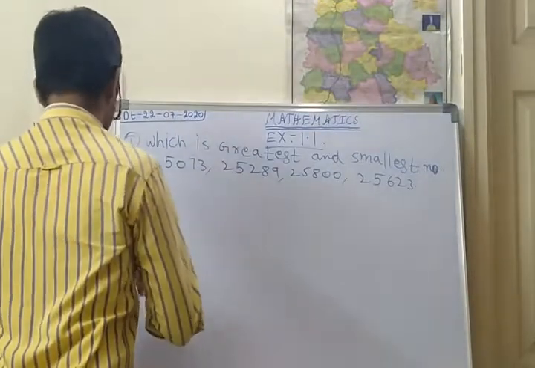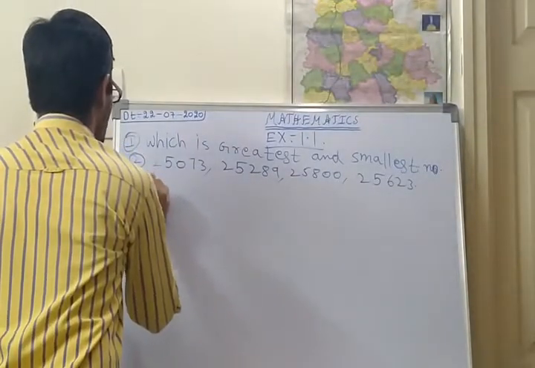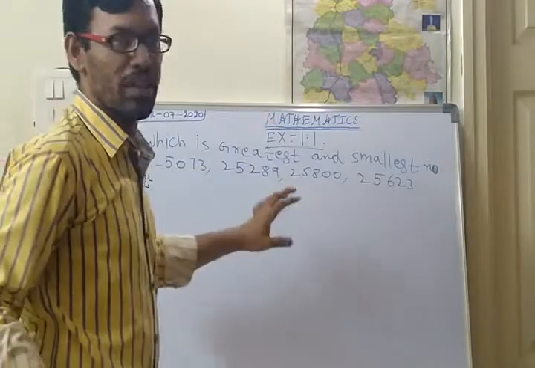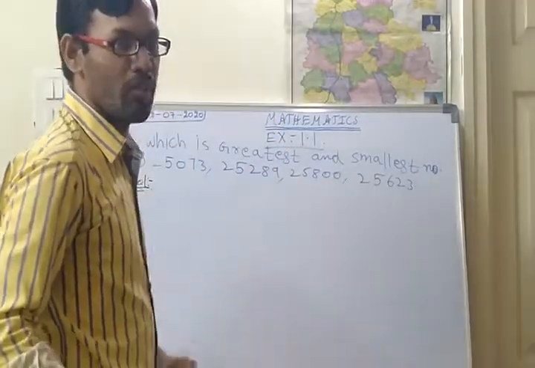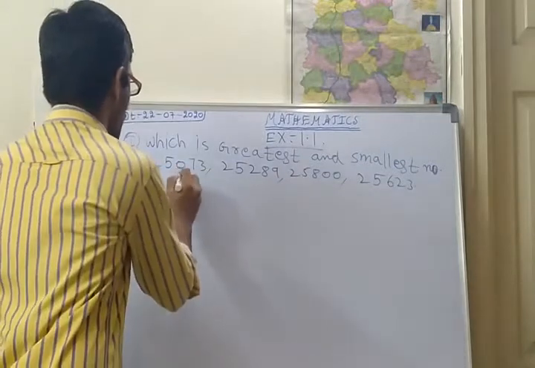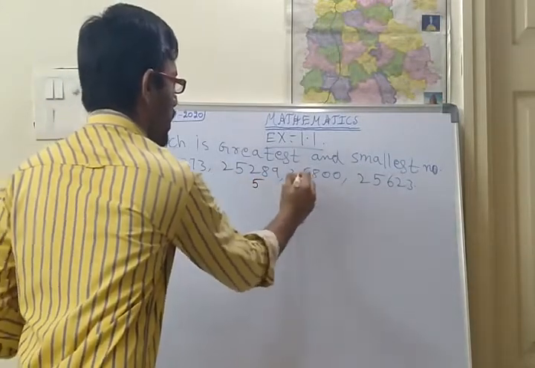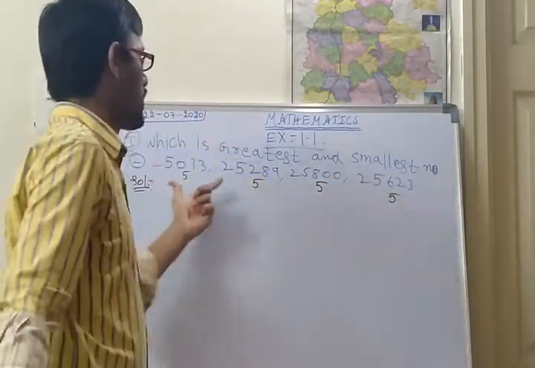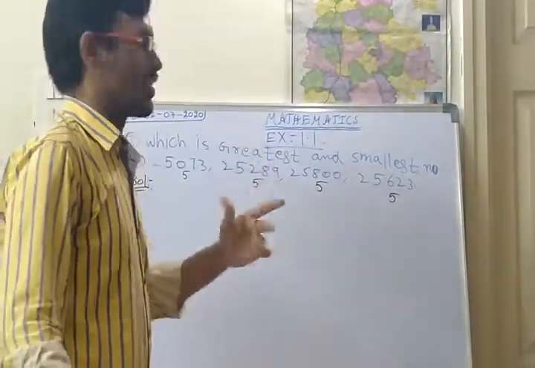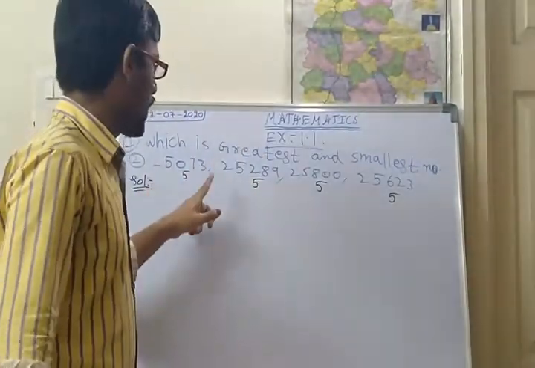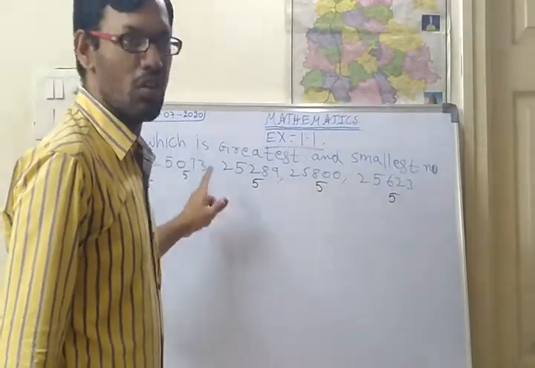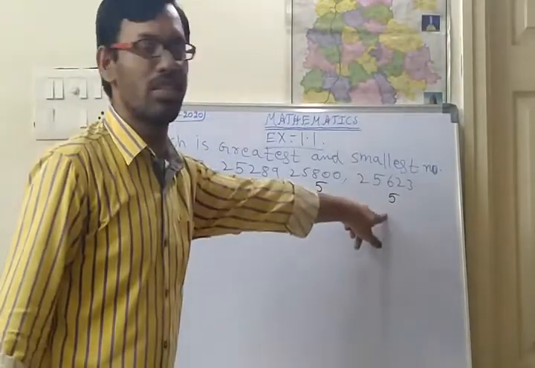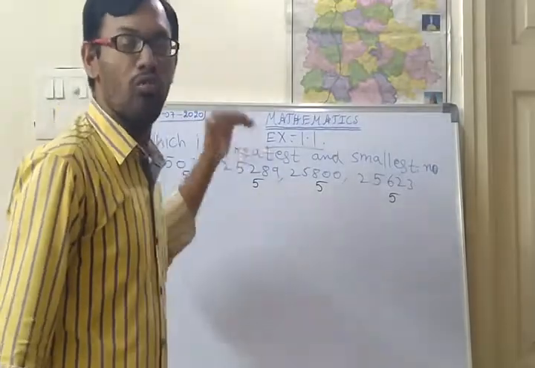Once you see the solution of this problem, first use the first method: counting the number of digits. How many digits are there here? 5 are there. Here 1, 2, 3, 4, 5. Here 1, 2, 3, 4, 5. In each and every number there are 5 digits. Does the first method apply? No. By using the first method we can't say, because all the numbers of digits are the same, 5, 5, 5, 5.